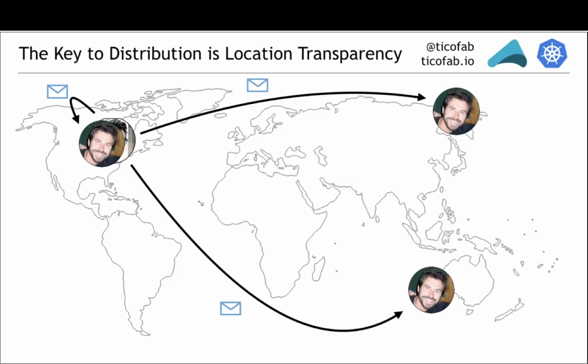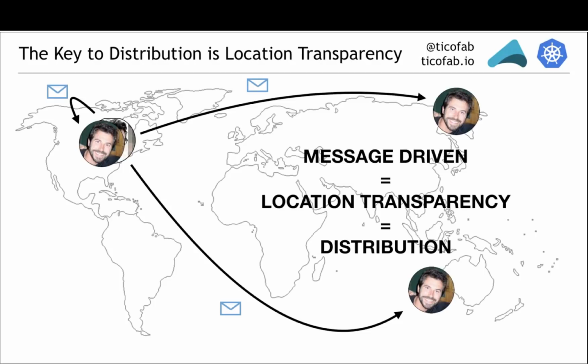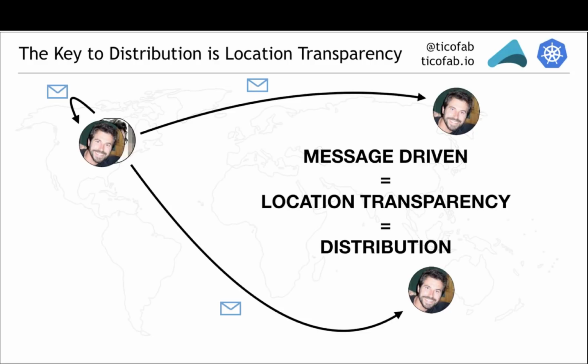So this is the link between being message-driven, which enables location transparency, and location transparency is key to distribution because, coming to the IT world, if I don't need to know the physical location of a recipient, I am able to transparently move, say, a worker from one node to another, where it can use more resources, for instance. Or if I have some code that invokes a service and the system has location transparency, then I can add or remove servers as needed without altering the code that invokes that service.